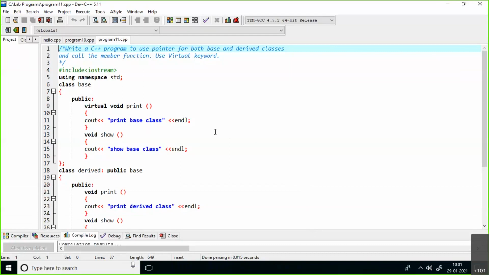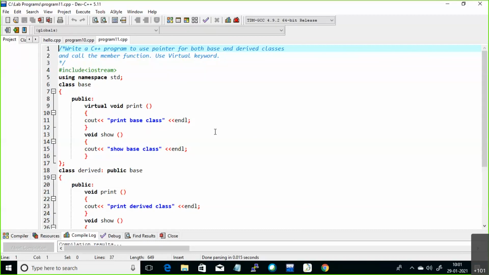That means we have two classes here, one is the base class and one is the derived class. For the base class we need to create one pointer. Then by using the base class pointer, we are going to access the members of the derived class also. We have already seen this example while discussing our virtual functions topic.